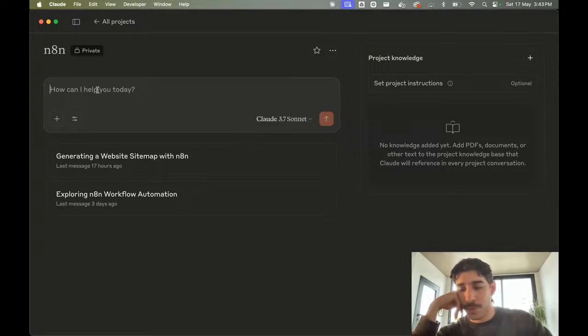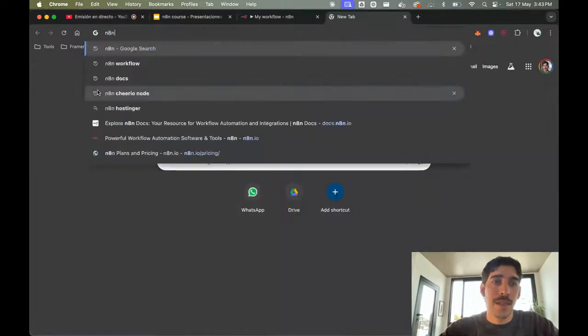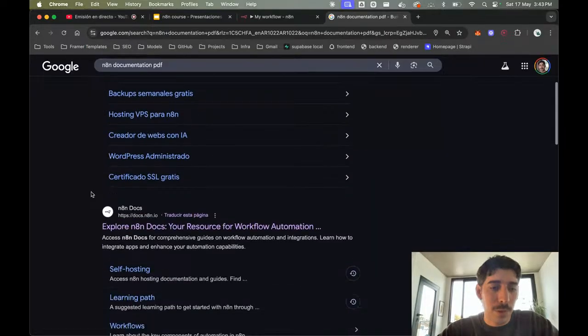Lately I like to prepare Claude or Cursor to be better at generating text and responses to me. So if I try to do something like in a documentation PDF, that's what I actually wanted.